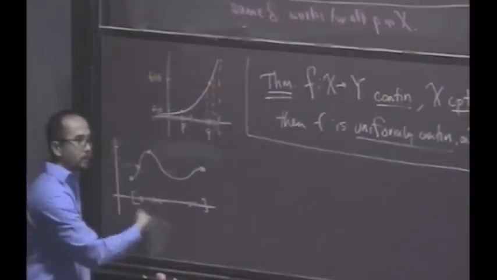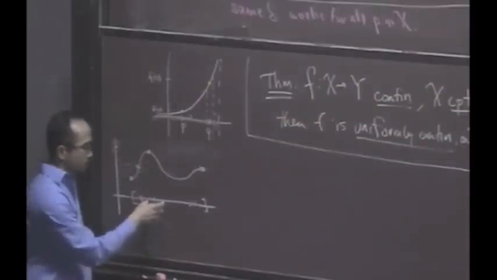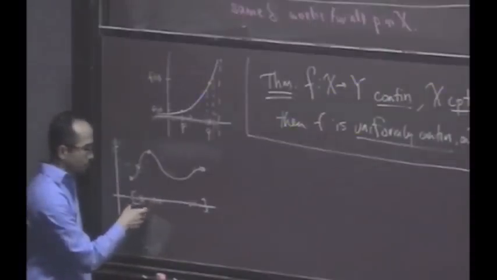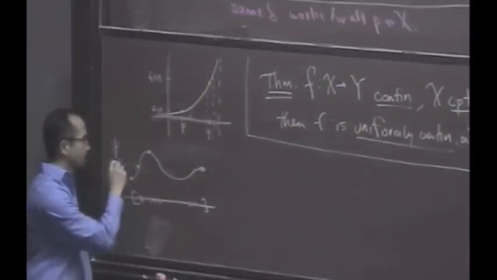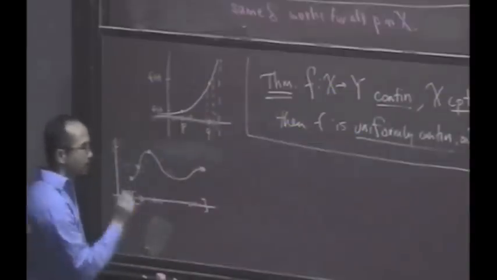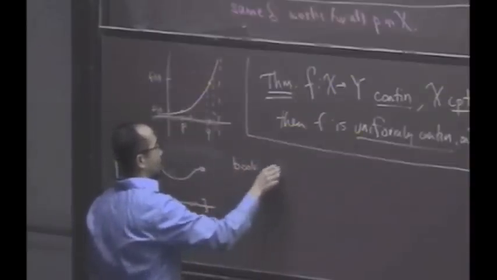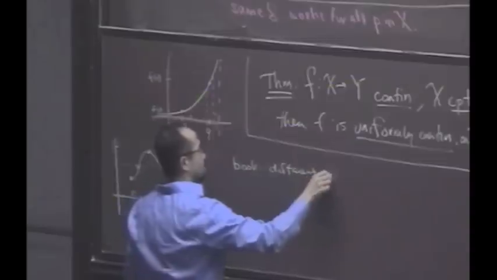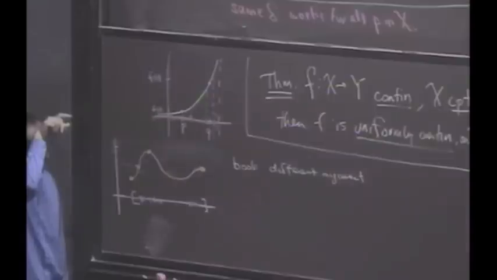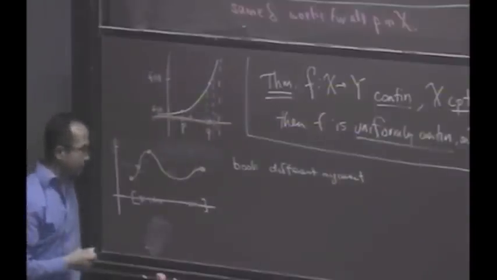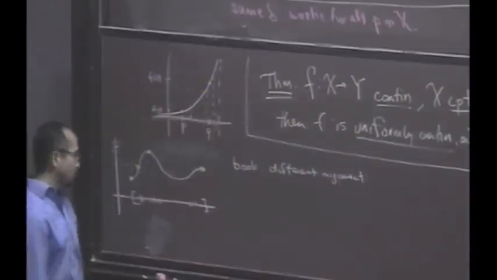And the book goes through a bunch of basically some metric arguments where you start with balls bigger than you need, and take smaller things where you go for delta balls that relate to epsilon over 2, et cetera, et cetera. But the book does a different argument, and you should look at it. Let me give you an argument that might be easier to digest, I think. I like it better. It also appeals to a famous lemma, which we'll prove. It starts off exactly the same way, though.